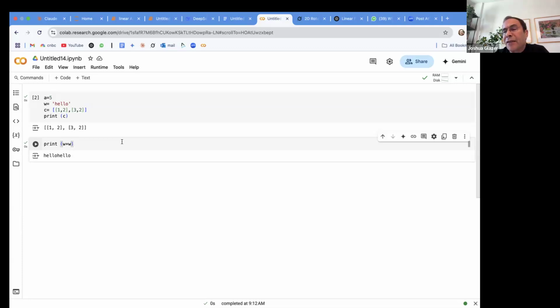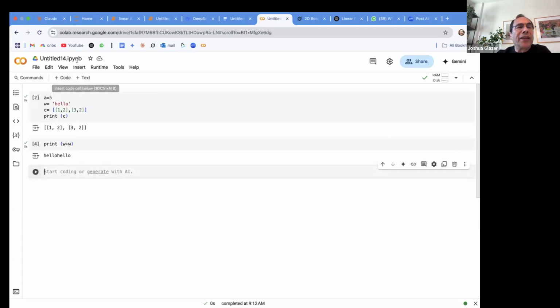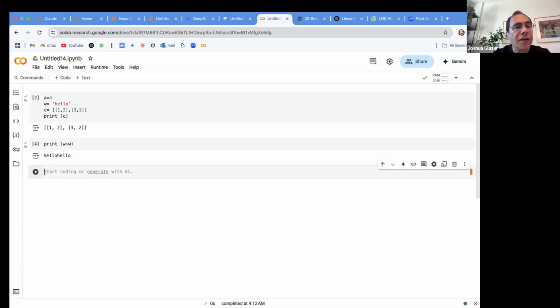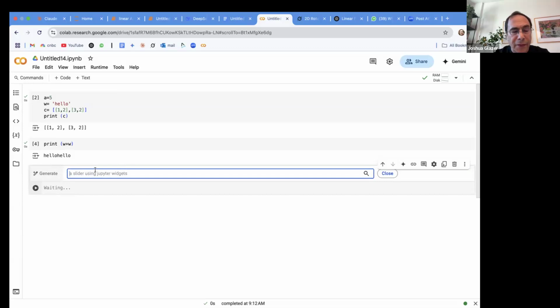There is an amazing innovation which came lately to Google Colab, and I'll show it in a minute. So you see here, I opened a new cell. When you want to open a new cell, you just go to plus code. And what I found, and this is relatively new, is a button that says generate with AI. In other words, you don't even have to write code. You can just say, I don't know, write. Oh, sorry, I didn't click on generate. So I click on generate and